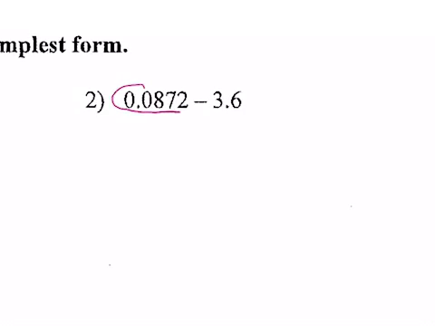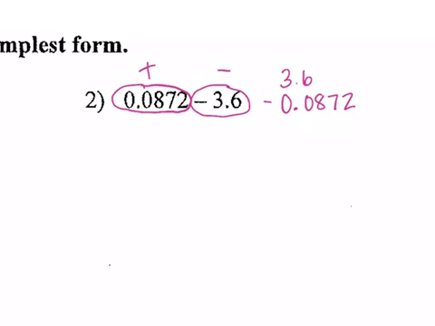On number 2, I've got negative 0.0872 minus 3.6. Think about those integer rules: this is negative and this is negative. What are we going to do? We're going to subtract. I have two different signs, so I need to subtract. Which number should I put on top? 3.6, the bigger one. So 3.6 minus